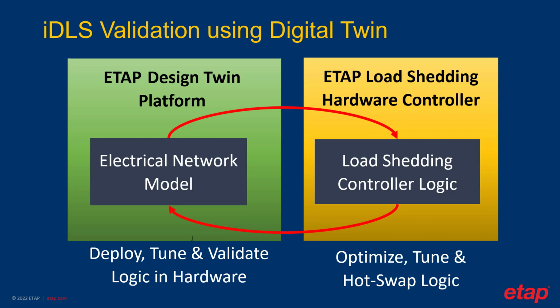Validation process starts by using ETAP Digital Twin platform for design and integration. Then the logic can be deployed to the controller, and it can also be simulated back using the ETAP Digital Twin design platform. This is typically done using a standalone environment before the controller is deployed. Once in operation, the digital twin model comes in full cycle for design, monitoring, and optimization by allowing users to simulate using real-time conditions, providing valuable feedback.